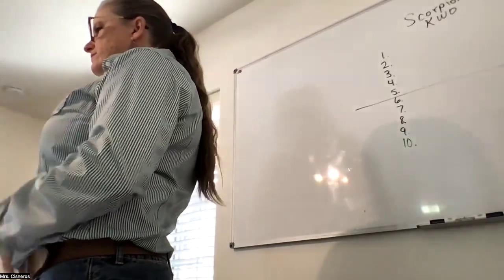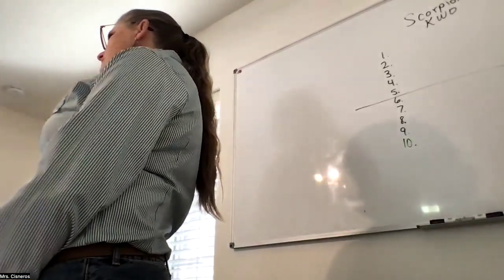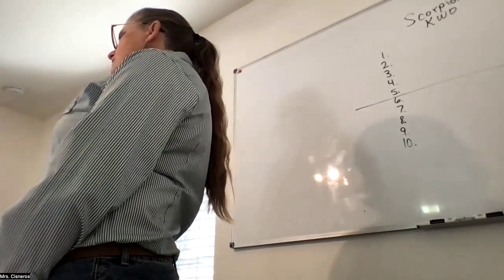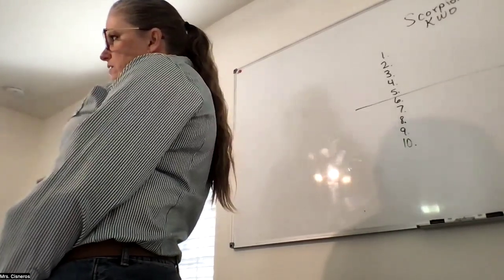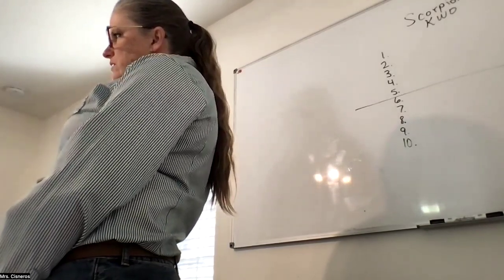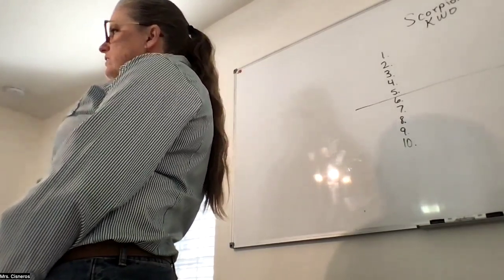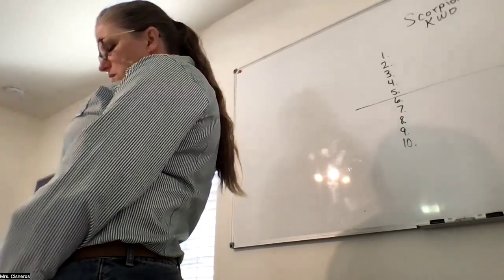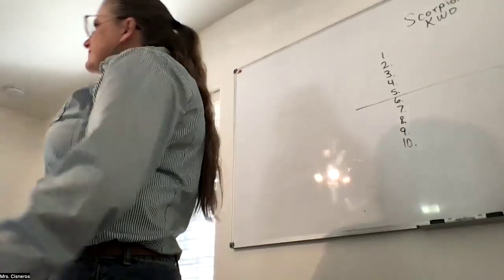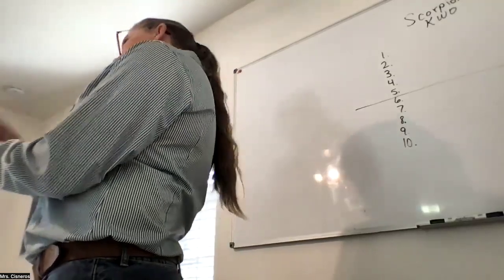Scorpions are not insects. They are arachnids with 8 legs and have 2 pincers and a barbed tail. There are over 2,000 species of scorpions in the world. They are found on every continent except Antarctica. All of them have venom, but only 30 can kill humans. Nice. Okay, clap for Brady.